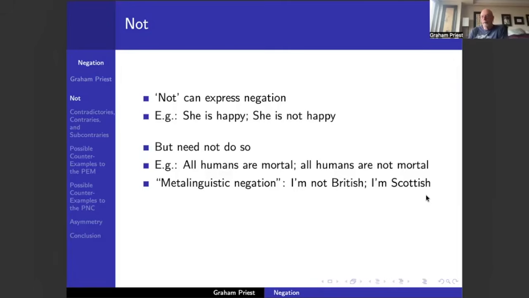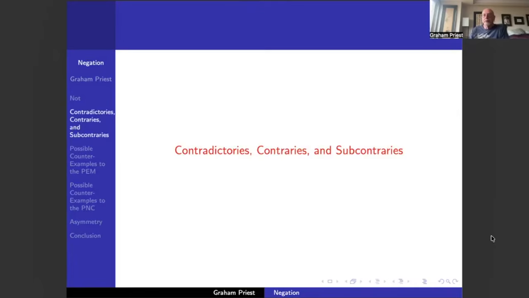All right, so what we've just seen is that the word not in English can express negation, but it can express other things too. All right, so if you want to negate something in English, a very sort of standard way of doing it is to prefix what you want to negate with the phrase, it's not the case that. So to negate A, you say it's not the case that A, and logicians will write the clause, it's not the case that, with this sign. And I will pronounce that as not A. All right. So those are a few words about grammar. So let's turn to a very standard account of what negation is.